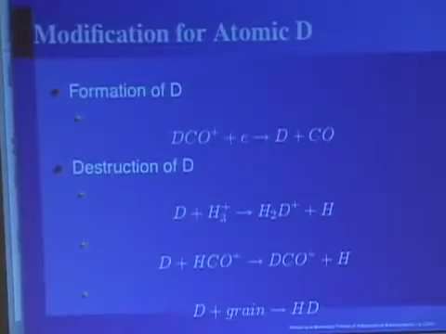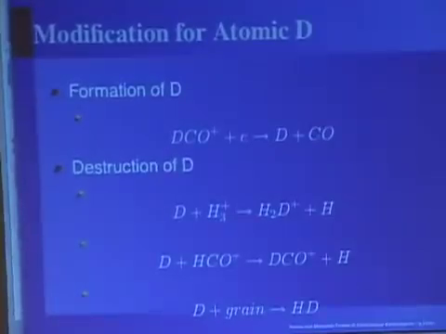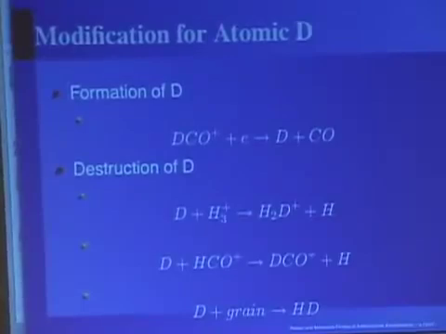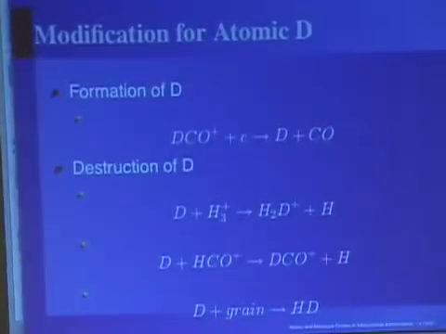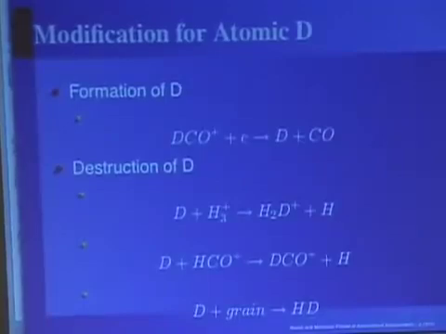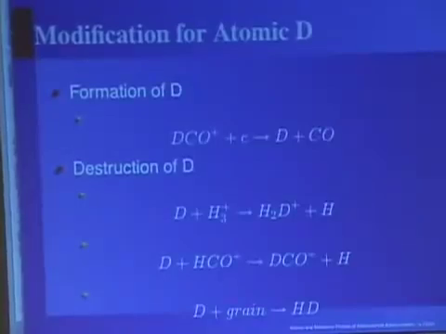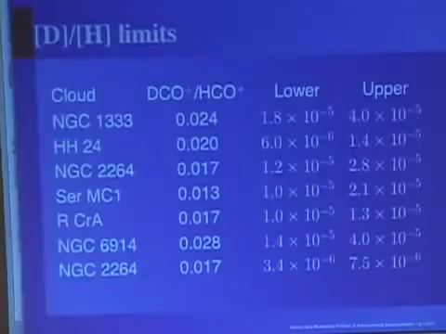And so I'd like to straighten out the argument here again. Basically his argument was, well, if the atomic deuterium is coming from the fractionation, that is to say DCO+ dissociative recombination makes an atomic deuterium, it's just as if you hadn't destroyed a DCO+, because then it just goes back to make another DCO+. And he said, so therefore you wouldn't get any additional fractionation. And I said, well, we didn't look at it that way, but if you want to look at it that way, the additional fractionation comes with the fact that you don't destroy DCO+, whereas you do destroy HCO+, because when HCO+ recombines, you're counting it as gone. When DCO+ recombines, you're not counting it. And so this atomic deuterium really comes in and enhances the thing.